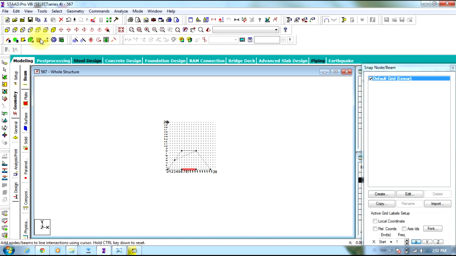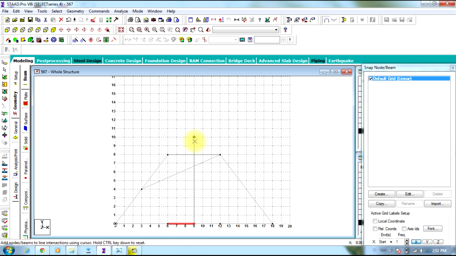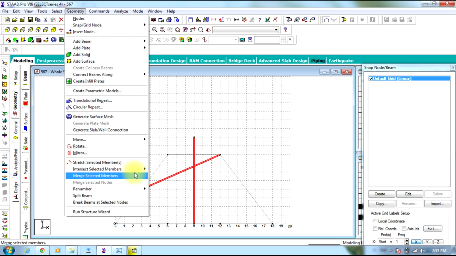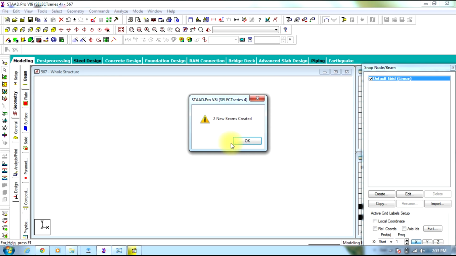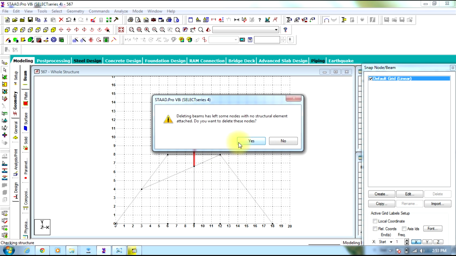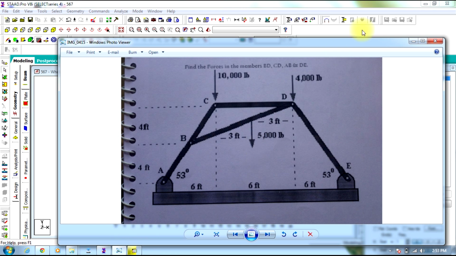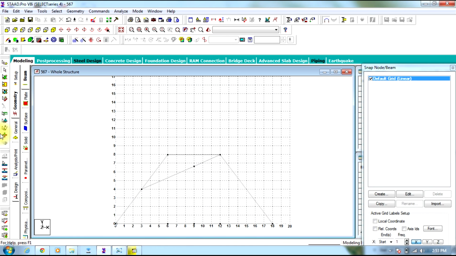Okay, we'll just switch on the grid, and since 9 is the center, you can see, now you select these members and intersect. Now delete the upper one and also the lower one. So you can see a node point is created exactly at the mid as we require. Now let us go to general,